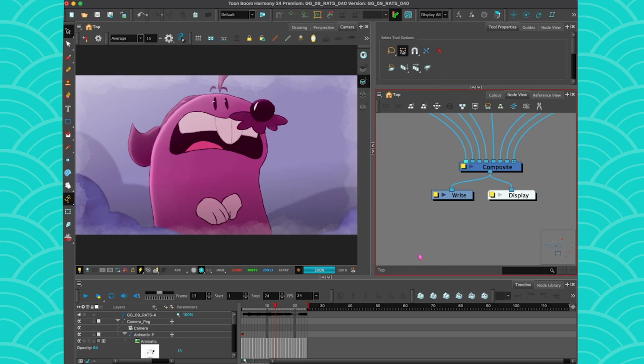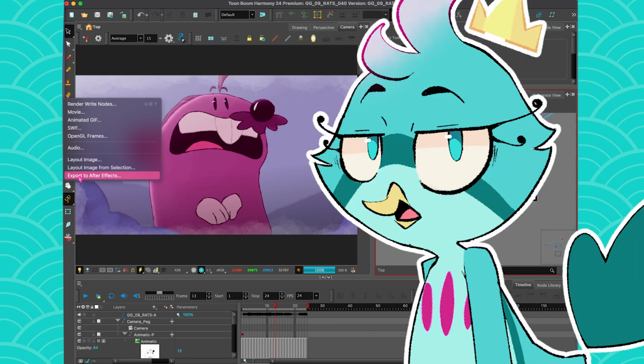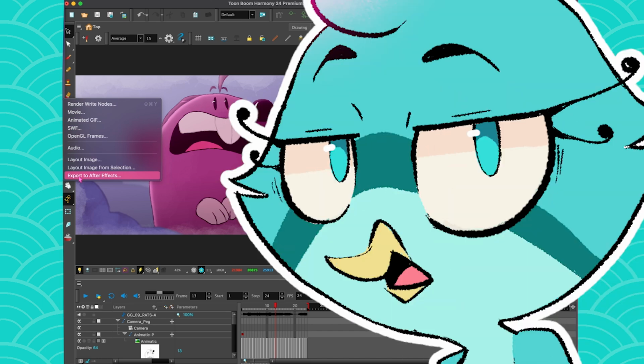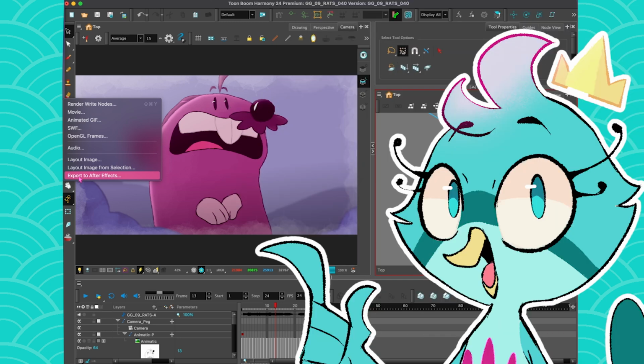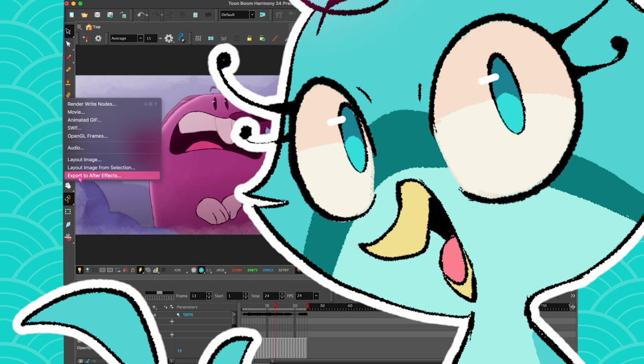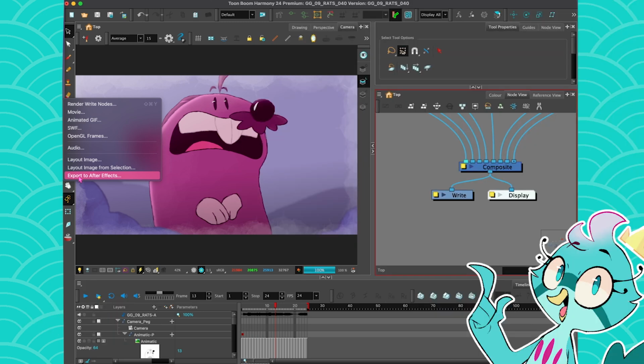The other cool thing about the exports is that you can go into File, Export, and you can find Export to After Effects. So personally, I have not used After Effects in years. I used it in the past when I was like a 3D artist and there was nothing else we could use, but honestly, I still think 99% of the time it's just easier to comp inside Harmony right away, because